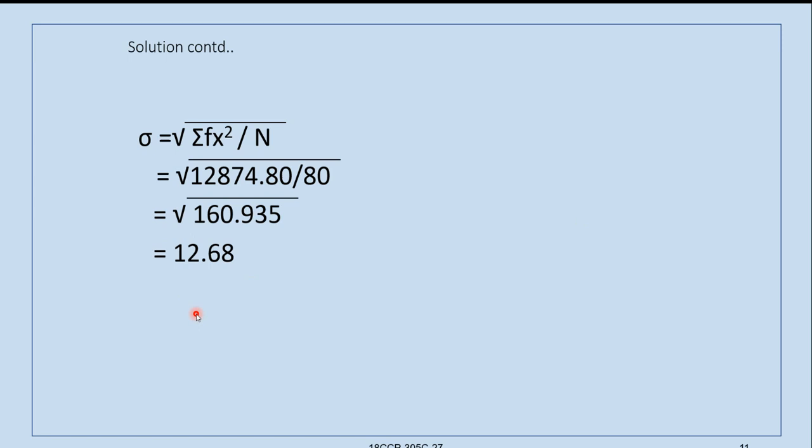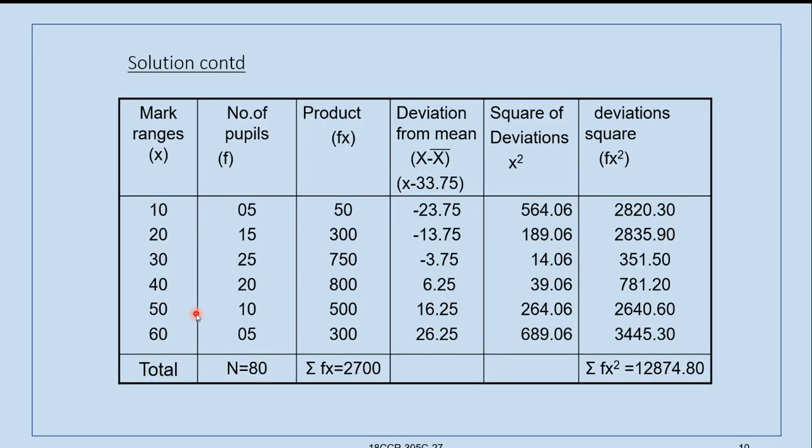So this is the procedure for calculating standard deviation when the actual mean is calculated and deviations are taken from the series. So please remember this table. 6 columns are required. That is big X, f, fx, small x, and so on. This is big X and this is small x. Please remember this is small x. Right?